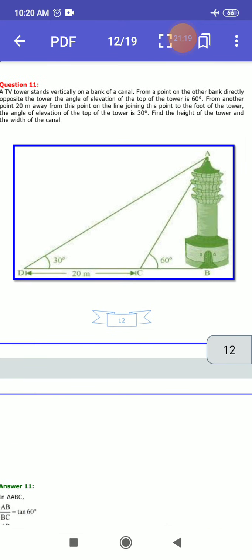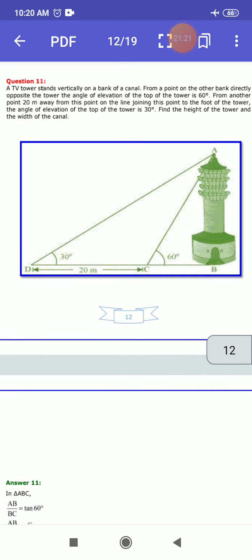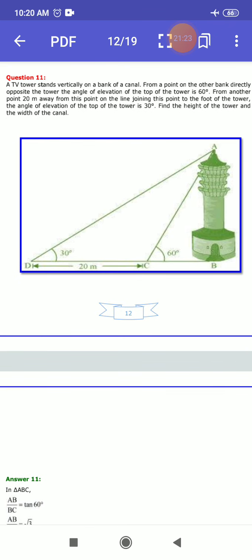So the next question is question number 11. In this question it is also quite similar to question number 7. So here we also have to explain how the figure is created, and then you have to do this question at home, and this is also a homework question. Okay, here you see